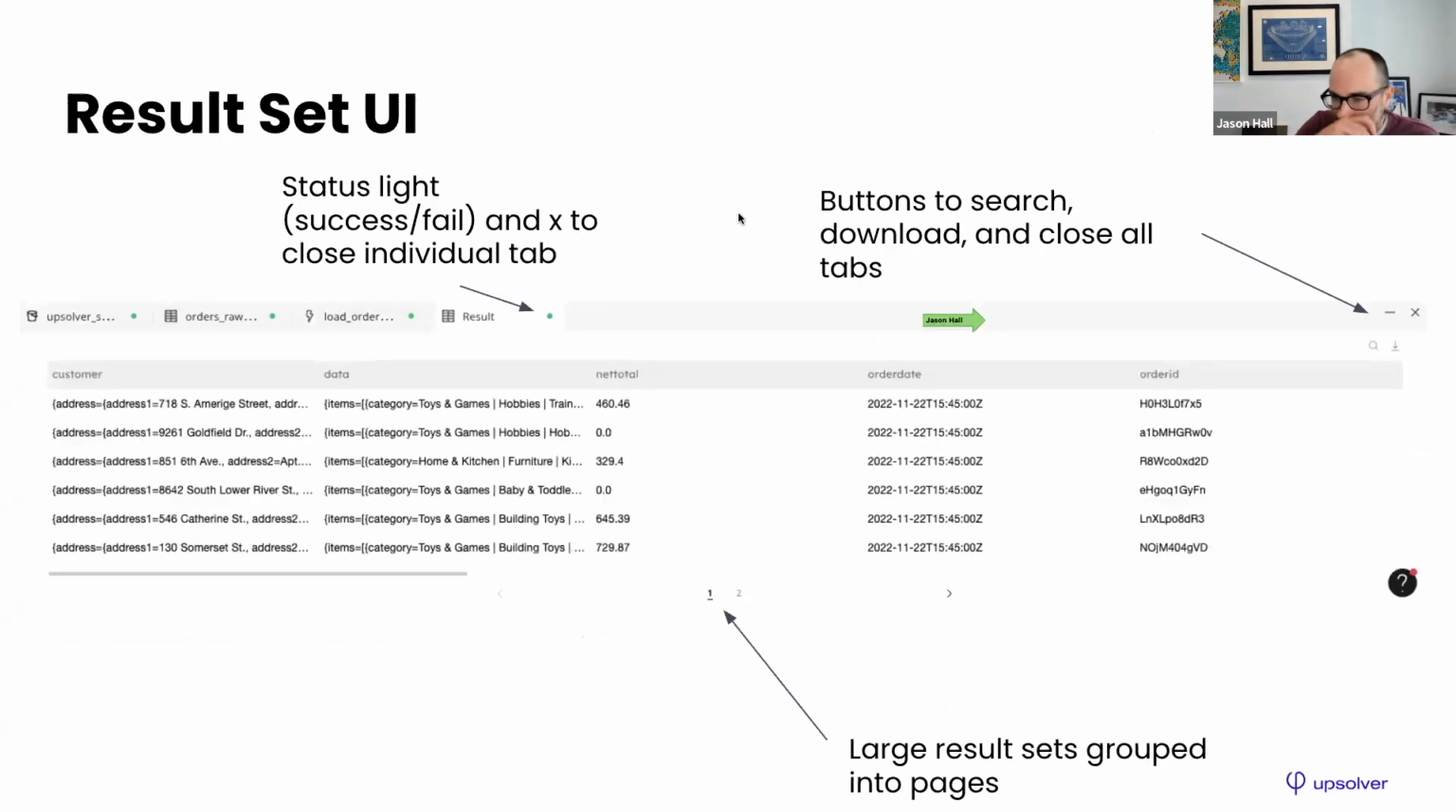There are a few nice capabilities of the result set UI. It's pretty intuitive for those of you that have used result sets before in various interfaces, but specifically you will see different tabs containing all the different things that you've done as you build out your pipelines and worksheets. The result set columns can be sorted. You've got buttons over here on the right to minimize or close out of all of your result sets. There's also a search if you're looking for a particular piece of data within a result set, and also a